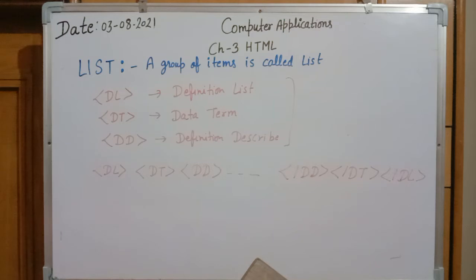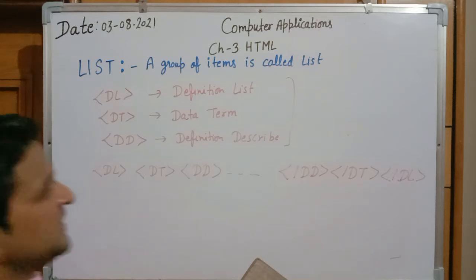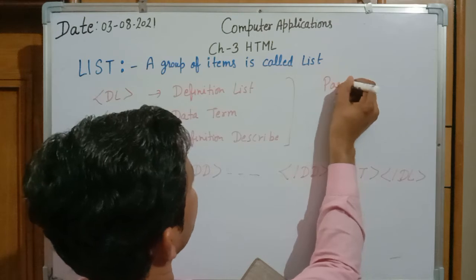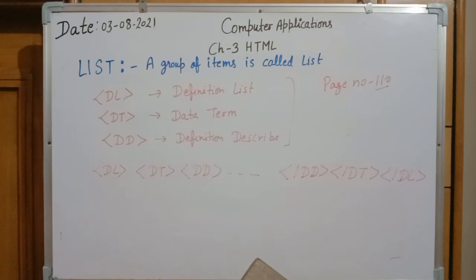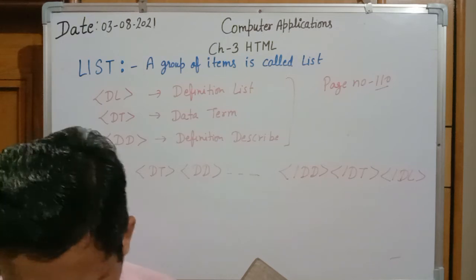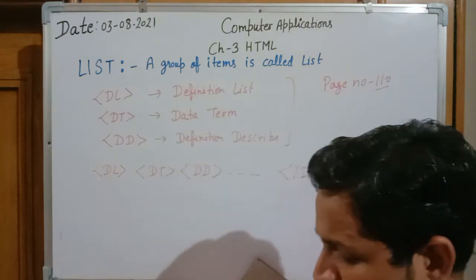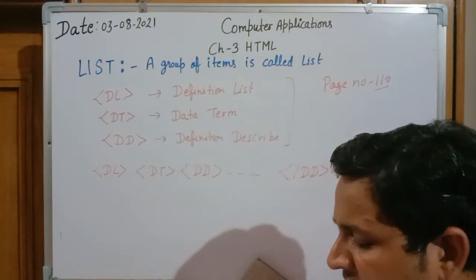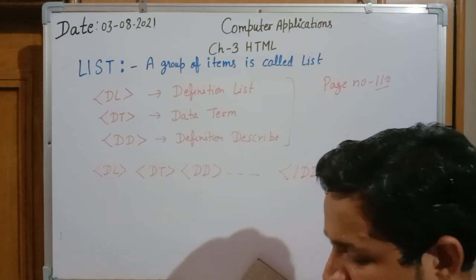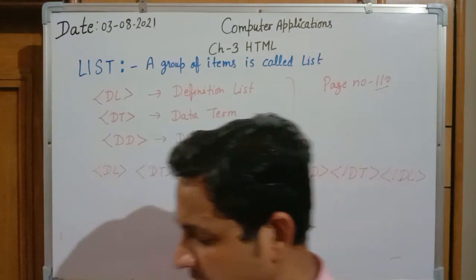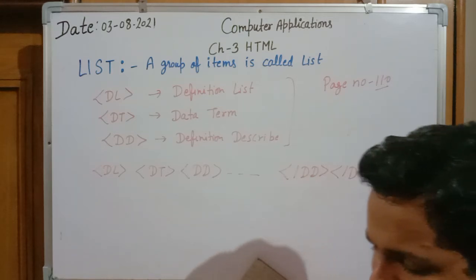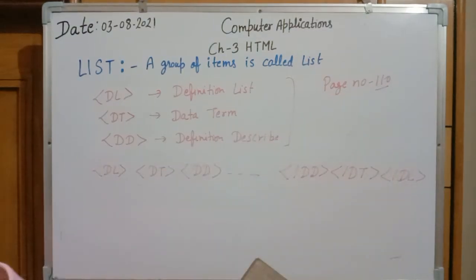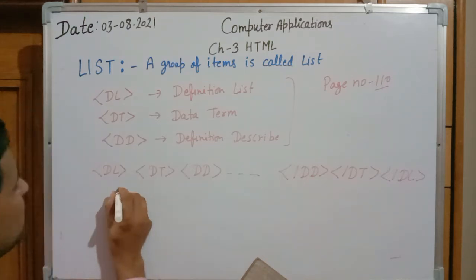Now come to the example part on page number 110. Example is 16. Read the example. As per the example, we are starting from the body part. In body, BG color is aqua. First they have given the heading, defining terms with their description. It will be described as a heading 2. Afterward, font face they have given Times New Roman, size is 4. And now the definition list started. In the definition list, what is written? Data term, that is expedite.